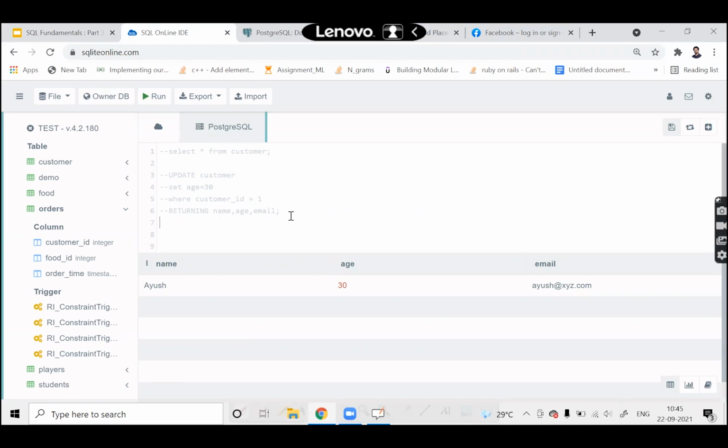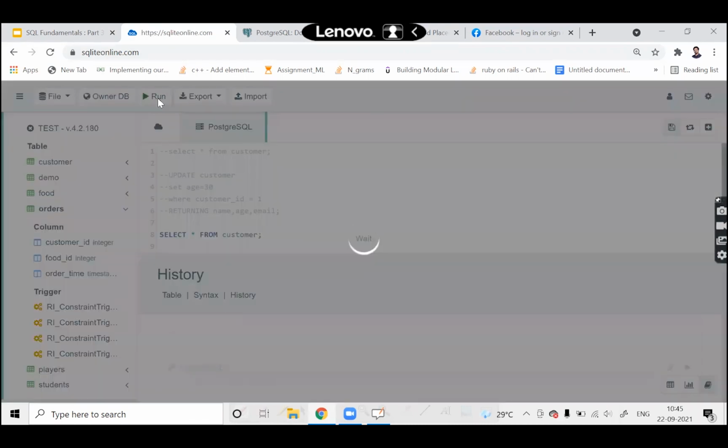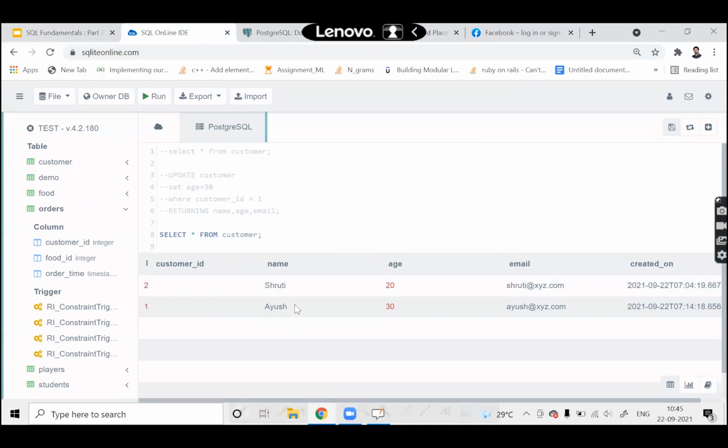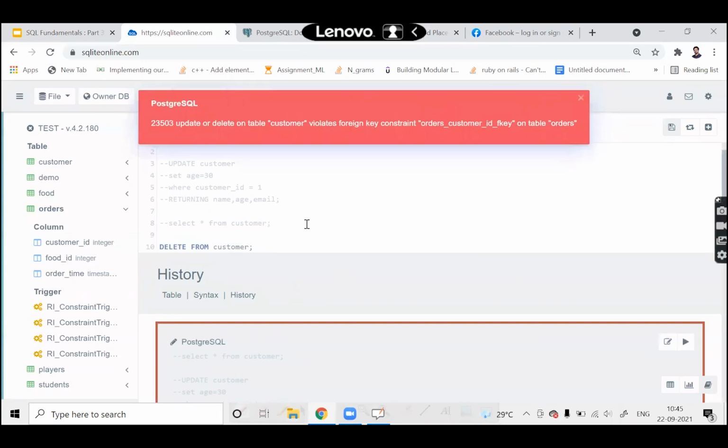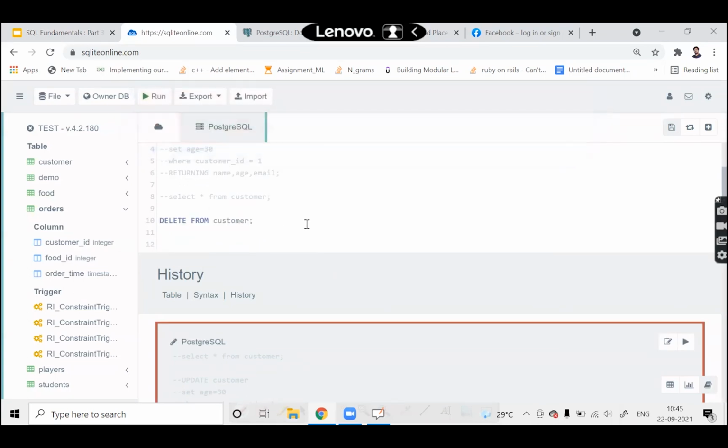if I just write select star from customer. Okay, in that case, if you check, here you can see the two entries are there. Okay, if you just delete from customer, in this case what will happen? It will delete. Okay, so basically here you cannot delete the entry. The reason is that there is a violation, because you know that in the orders table,